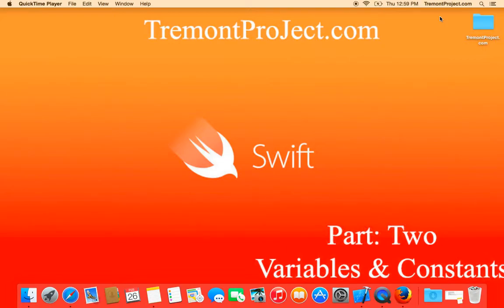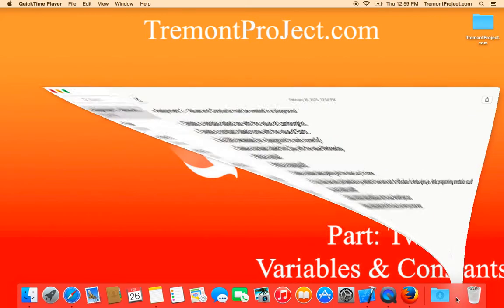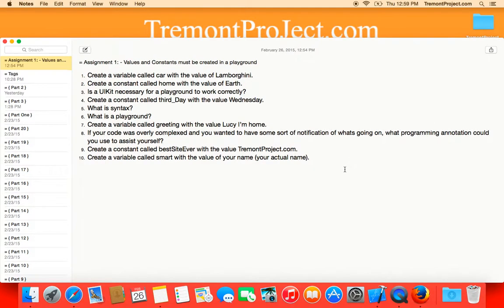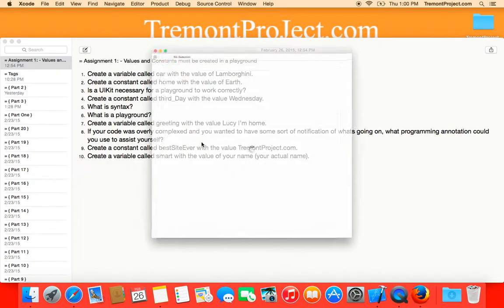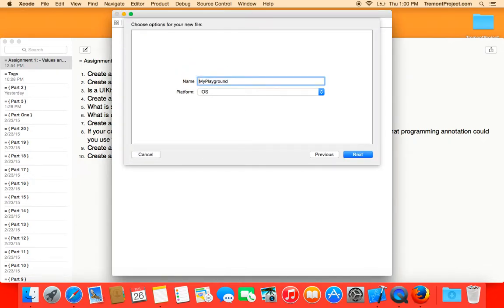Today is assignment 1, but it's based upon part 2, which was variables and constants. So according to the assignment, the directions are variables and constants must be created in a playground. And we'll go down here to Xcode, create us a playground. We'll call this playground assignment